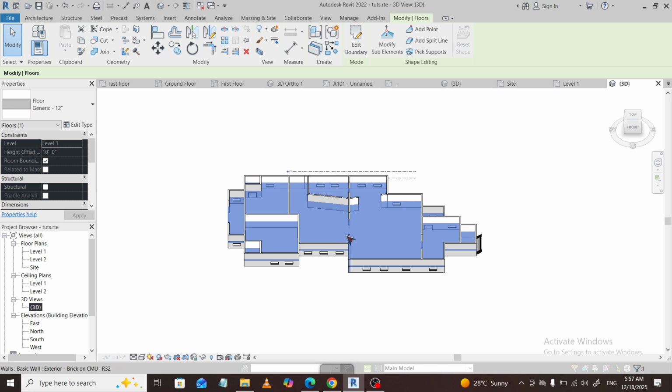And that's it. Select the floor, edit the boundary, adjust the sketch lines, and finish the sketch for an updated, accurate